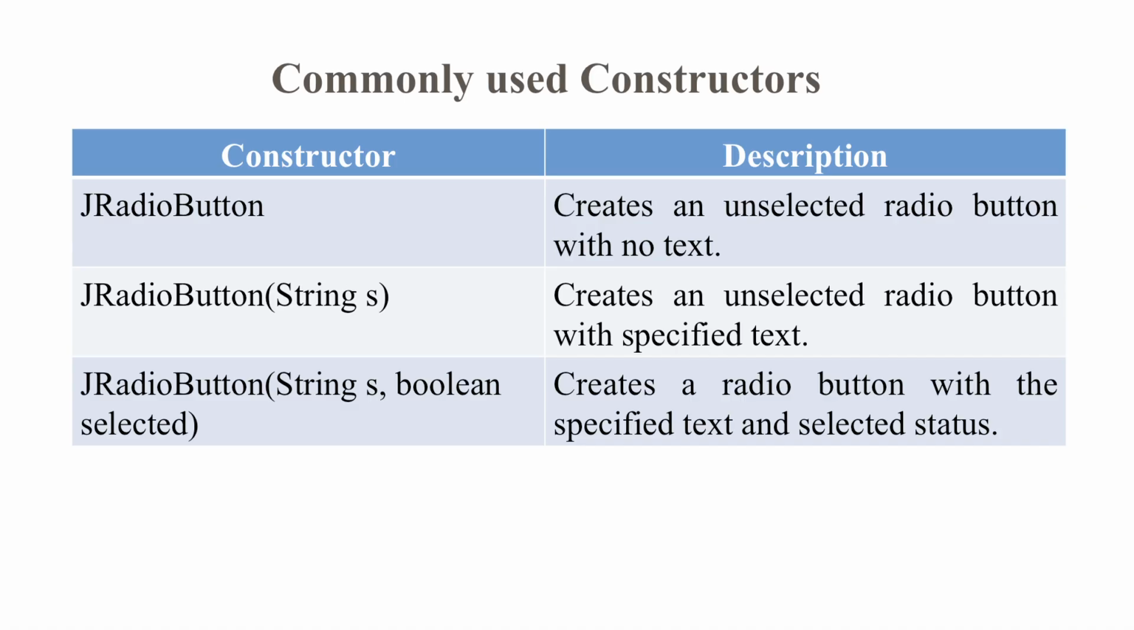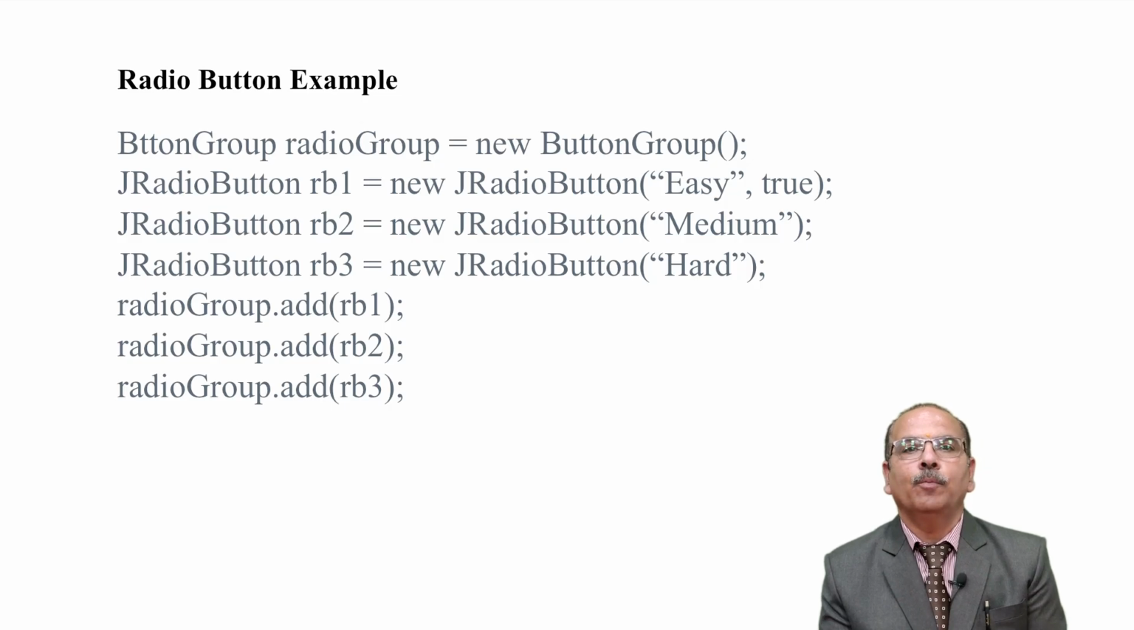Now the commonly used constructors are JRadioButton, JRadioButton(String s), this is the string s, and the above one with no text, and JRadioButton(String s, boolean selected), this is with the text as well as the boolean selected, whether it's on or off, true or false. Now let's take one example. ButtonGroup radioGroup = new ButtonGroup. We have created one